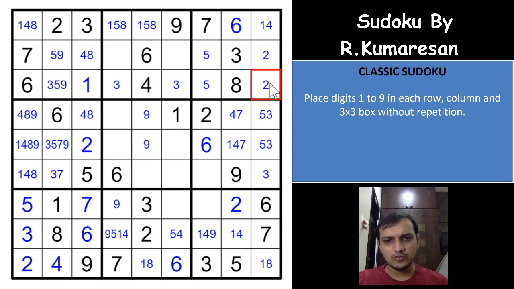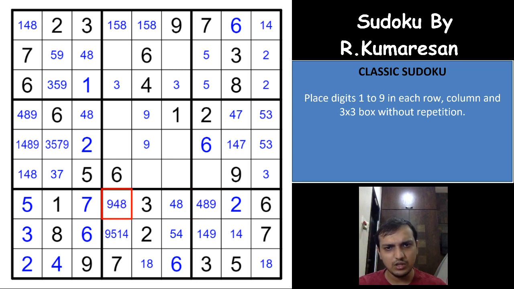And 2 has to be in one of these 2 cells. If you see, there are 6 digits placed here. The remaining 3 digits are 9, 8 and 4. 4, 9 and 8, right? So 9 is already here, it has to be 4 and 8 here in this cell. So 4, 8 and 9. 9 is already here, 9 and 4 and 8. Okay. So with the 2 here and 2 here, you can directly place a 2 here in this cell, which gives you a 2 here and here. You will get a 2 in one of these 2 cells. Okay.